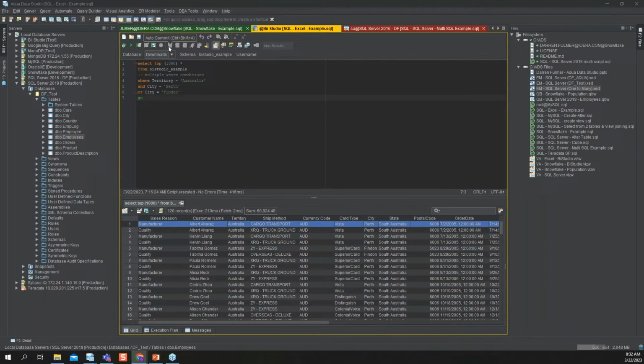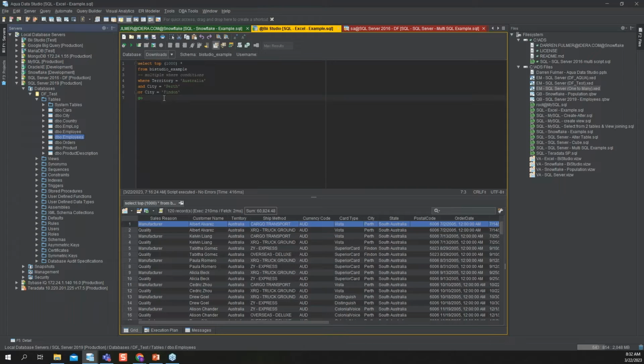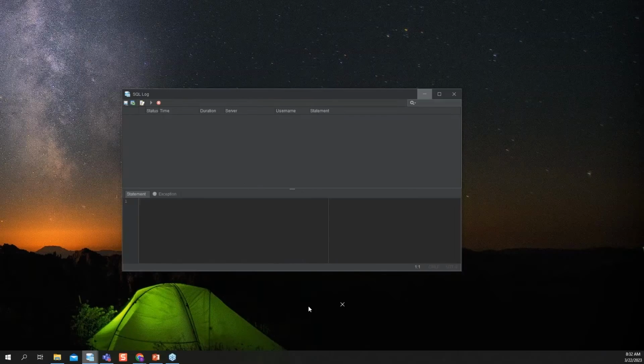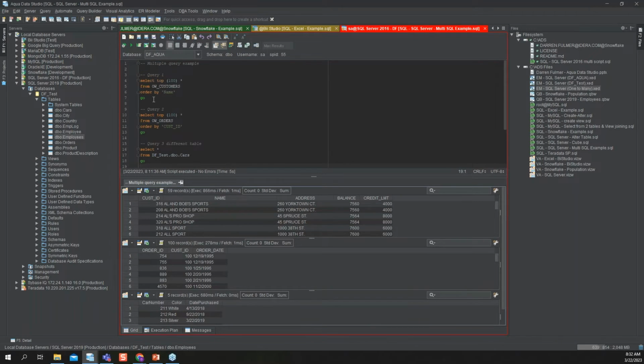Another thing that's a really useful tool within Aqua Data Studio is the SQL log. If you come here to help, SQL log, this will open up a window for you. Just get it out of the way. Then you can go ahead and hit execute, start running your queries. Now if we go to the SQL log, you can see here, shows the query executed, how long it took, the server. If I'm on SQL Server, for example, here,